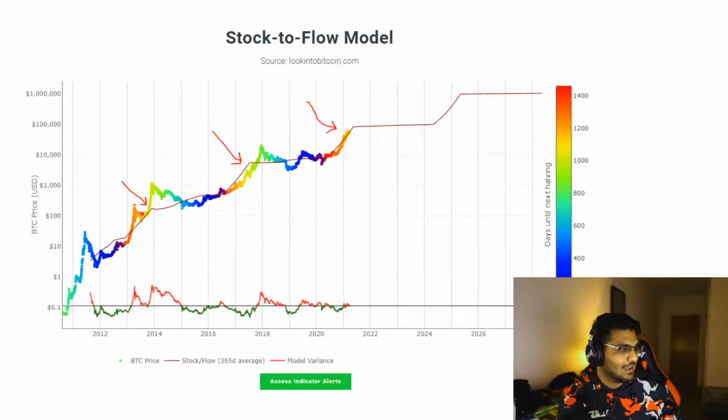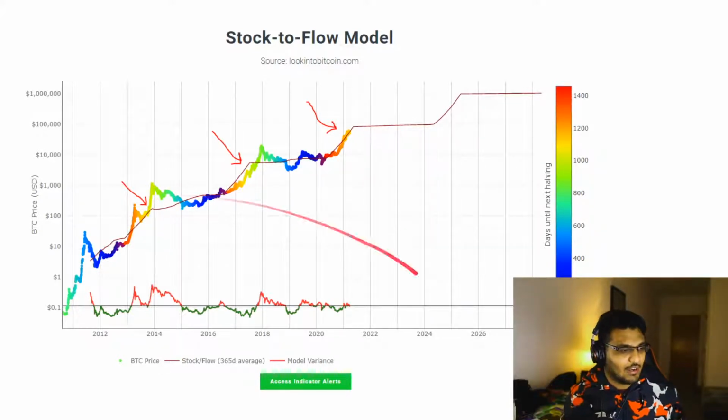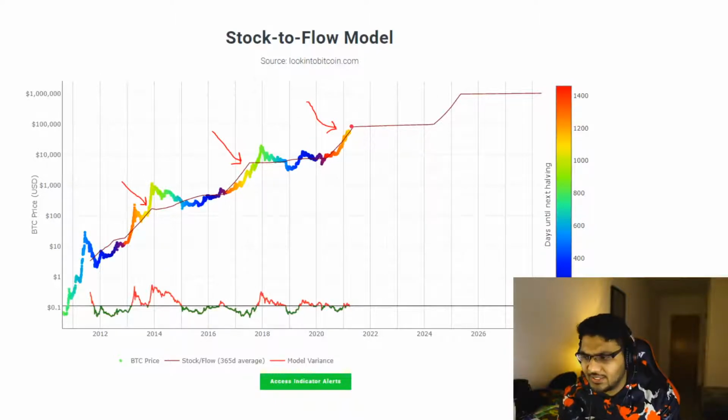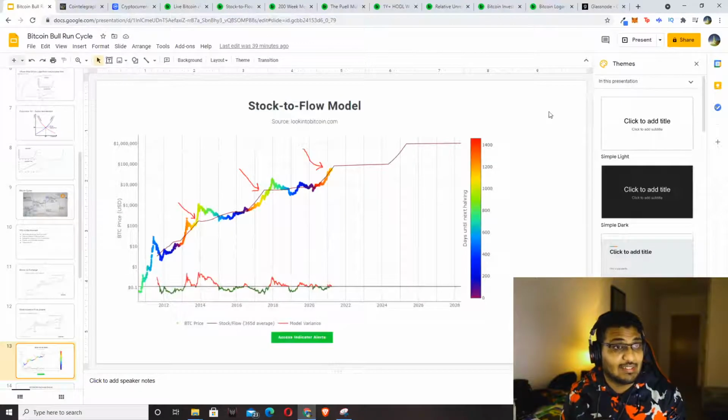The time before that, it was red, so probably around 100 all the way up to 1,000. So this is just an idea of how far that could go. The stock to flow model, 365 day, and the model variance, you can see it here. This is the stock to flow model, and just look at every one of these corners, these edges. The edges could almost be considered a good price to buy Bitcoin, and from the model, it says we are below the fair price, which means it's a good time to buy